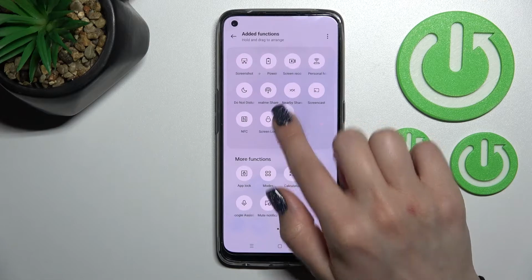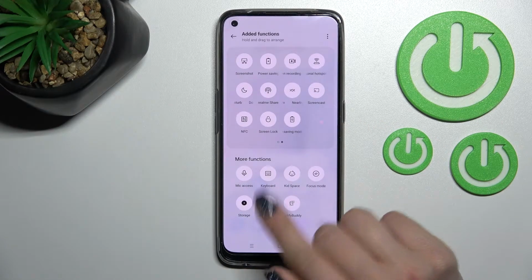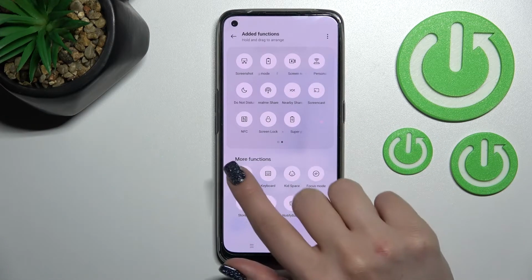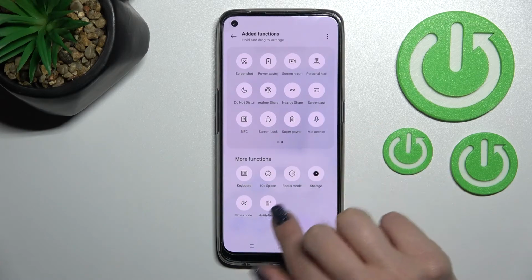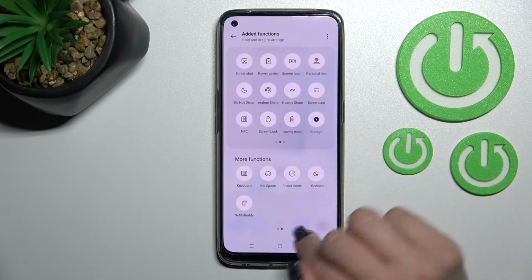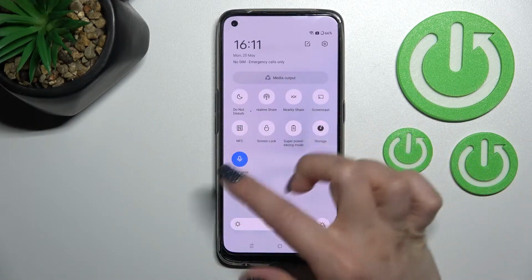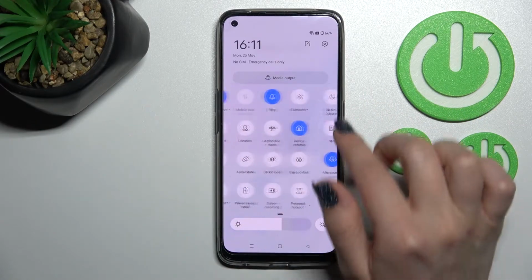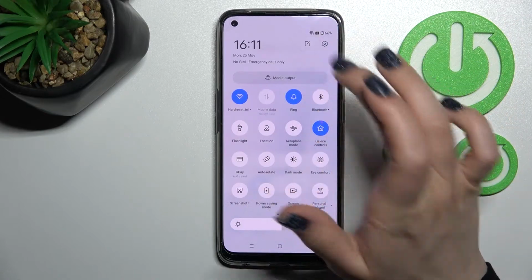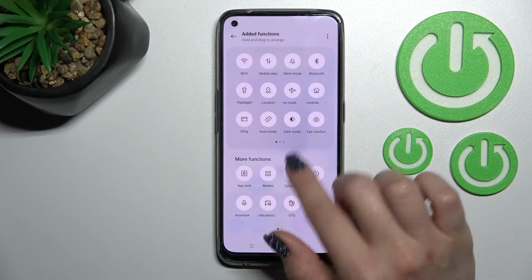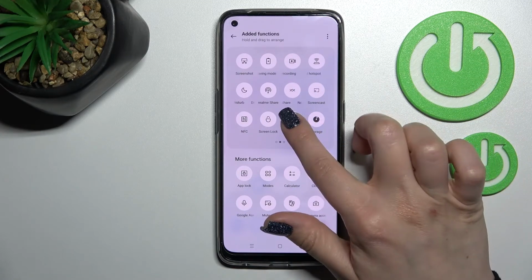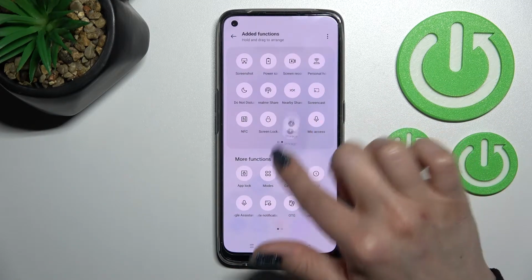By the same way we can add more icons here, for example the microphone access or storage icon, and after that just save the changes, go back, and now we can see there are four more icons on our notification panel. Also, just to remove some icons from here, just hold it and drag it here to this